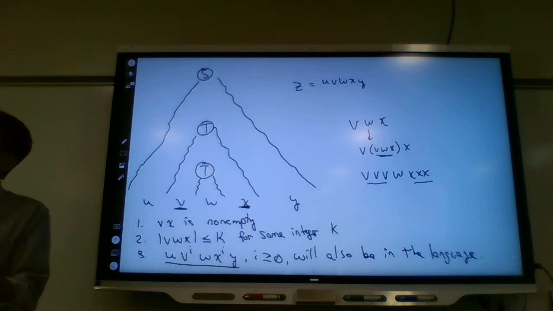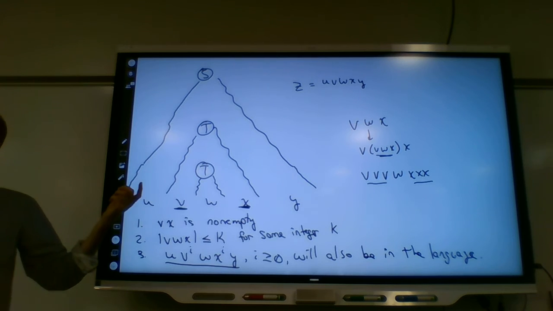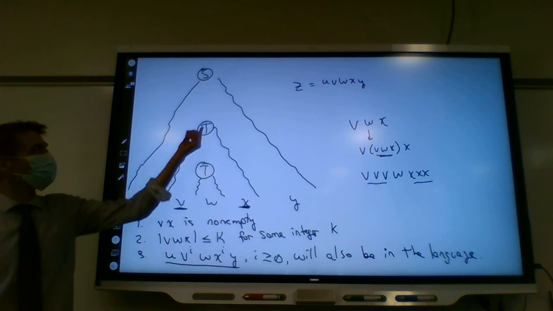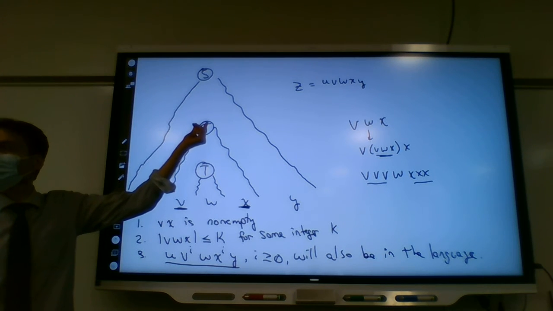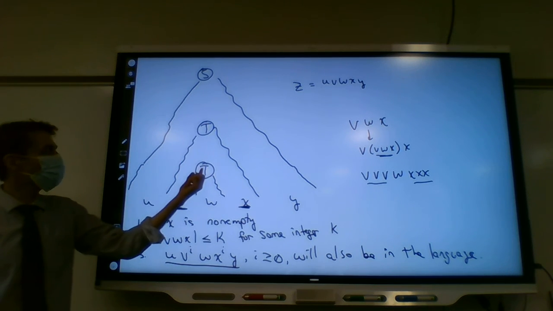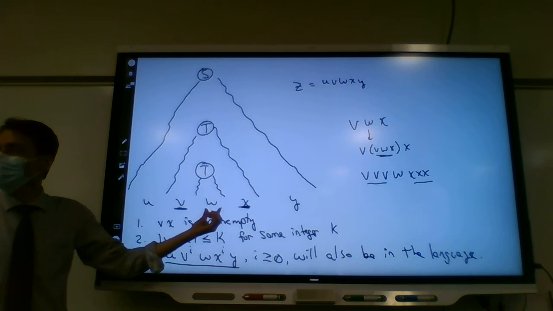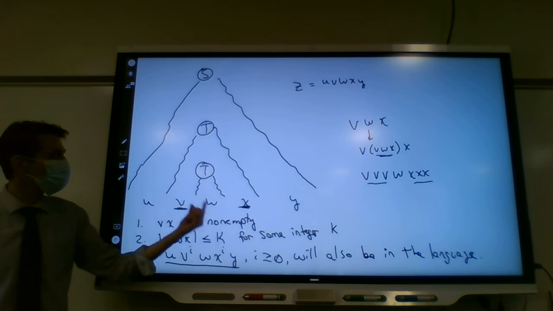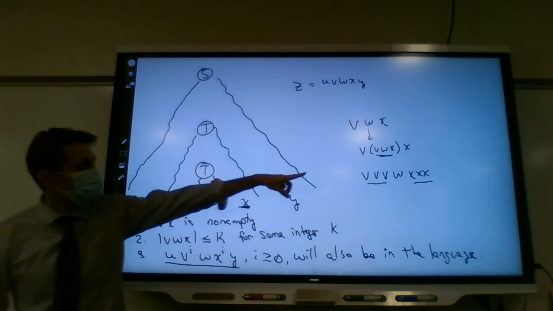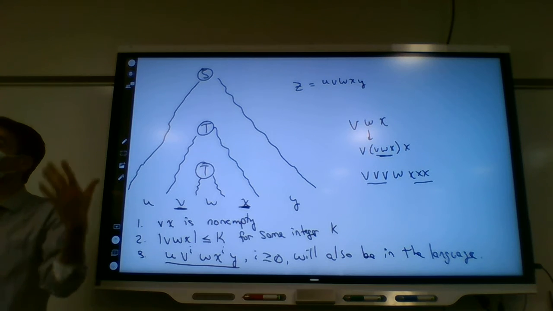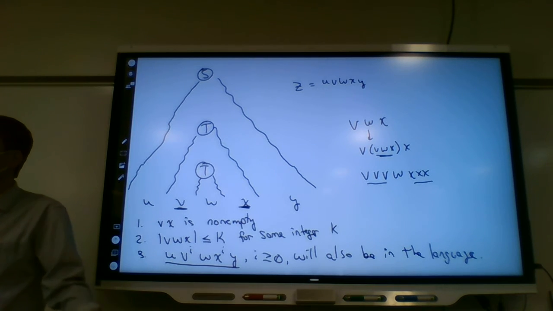There will always be some place that the repetition happens. And so if we just replace this t with another copy of that, or if we decide, well, from here let's just go ahead and terminate, that would get rid of the v and x. The other part would give us those duplications like that. And you can do this as many times as you like and generate new strings that are in the language.